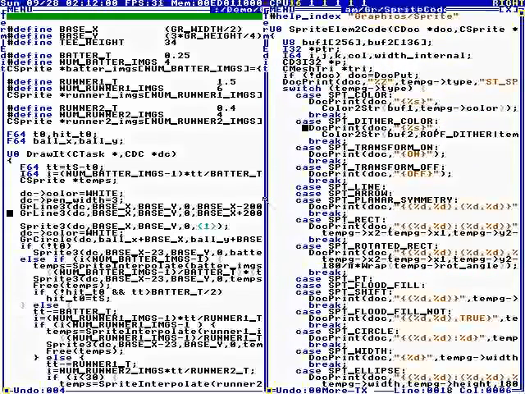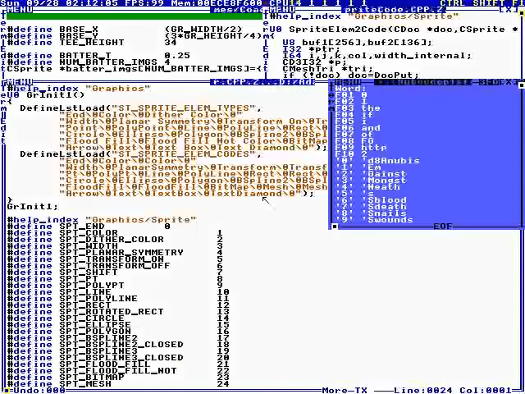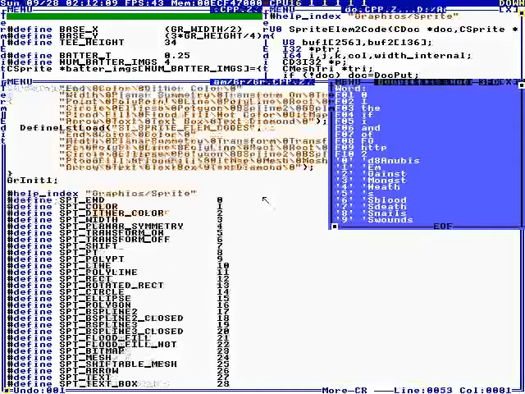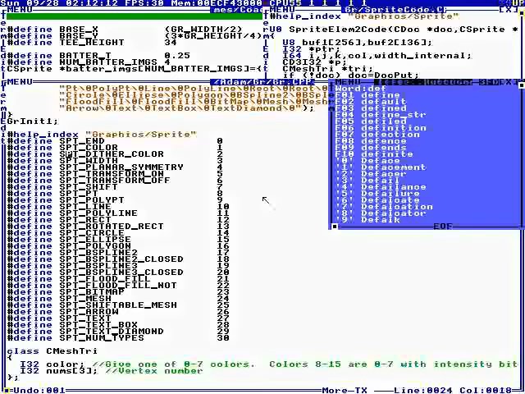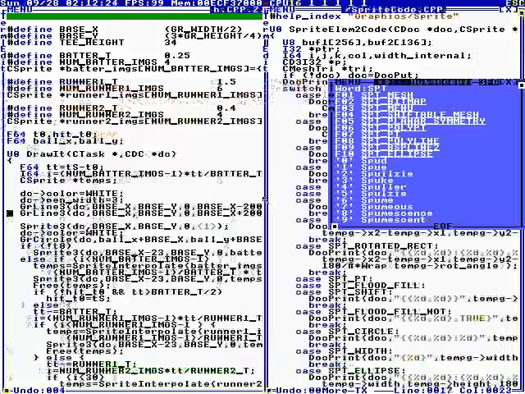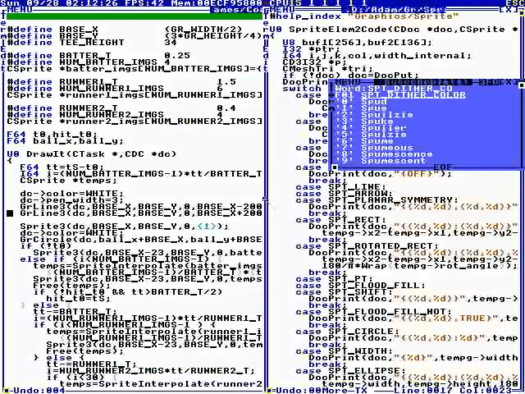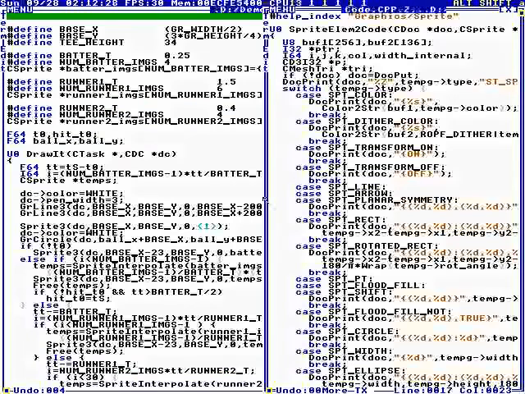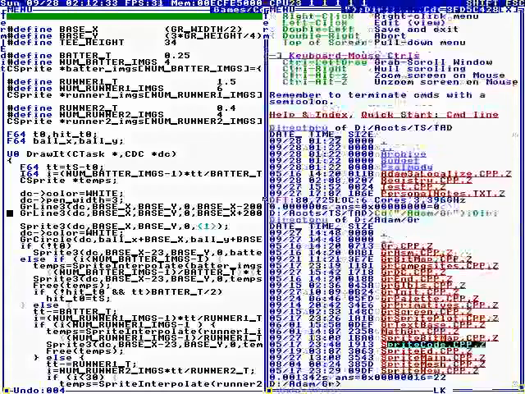These are the bytecode commands for sprites. Color, width, point, polypoint, B-spline, you get the idea. And each command takes up different arguments. Anyway, so this T-ball game,